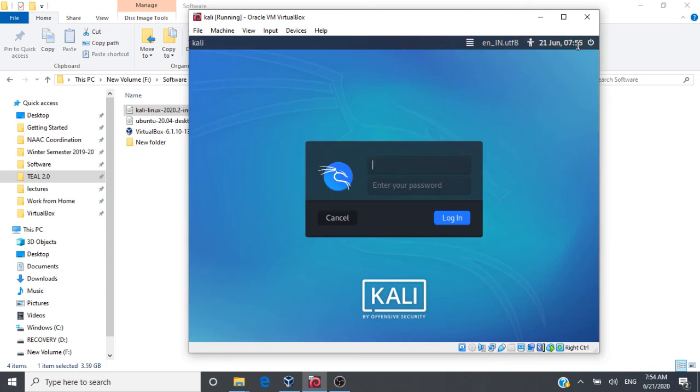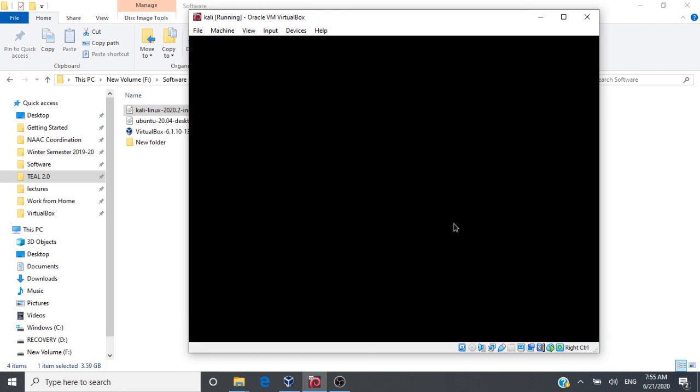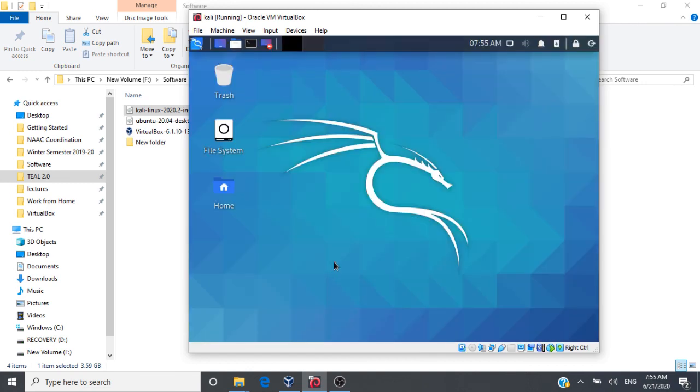Now we need to enter our username and password. Okay, finally our Kali Linux installation on VirtualBox is done.